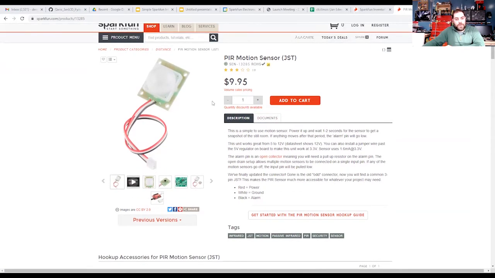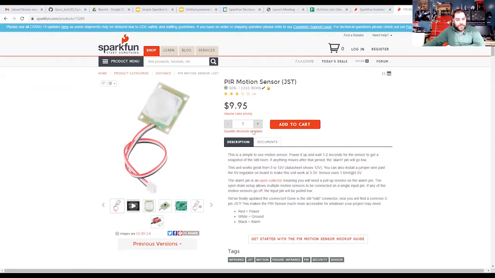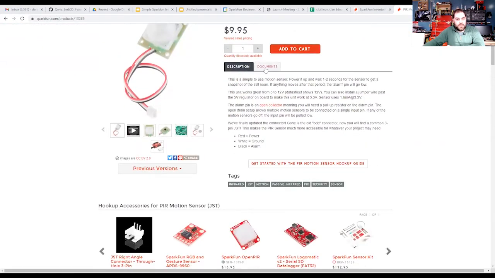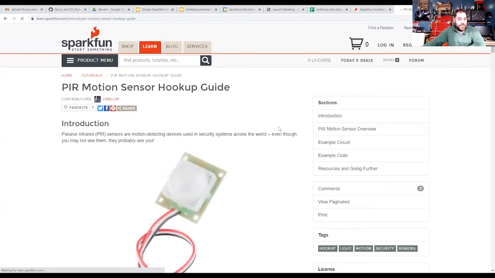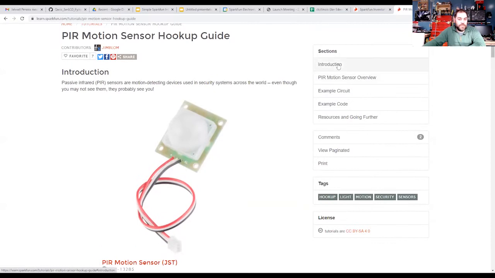When you're looking at product pages on SparkFun, we always have a description and documents. So when you look under documents, we have what are called hookup guides. So those are the instructions. It's like the typed out version of what we just did. So the hookup guide has how to hook it up and some example code for you. So we're going to click on hookup guide, and it walks you through step by step